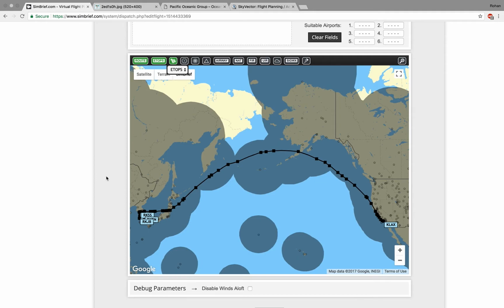So just in case, for example, we're flying by waypoint 55 north, 150 west, and we have a hydraulic failure or something major that will warrant an en route alternate or diversion to another airport, then knowing which airports we have to go to is what we will do with